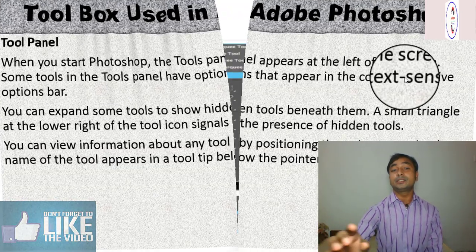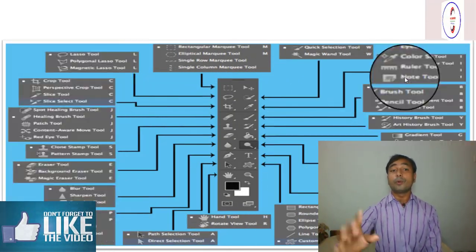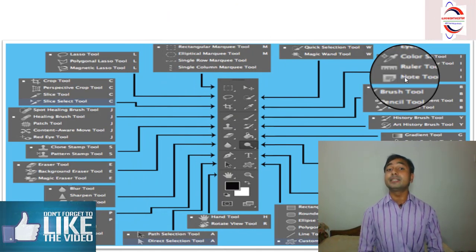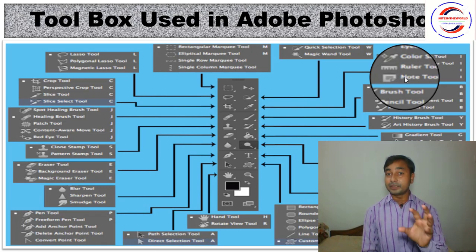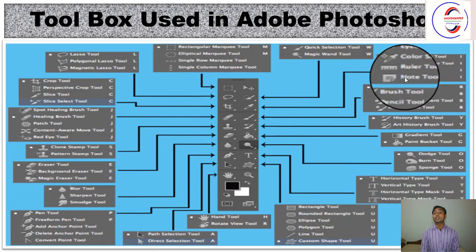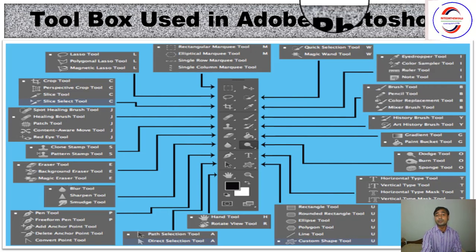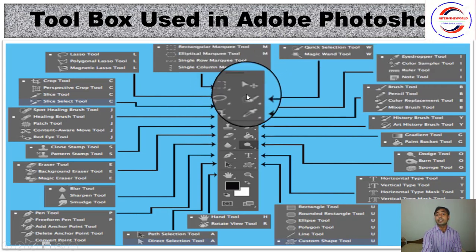But in the next slides I am going to show you what the tools are and what their names are. Whatever tools you have seen today, you will have to know all their names, as well as draw the figures of these tools. You have to know the name of all those tools. As a brief description of this toolbox, the first tool is